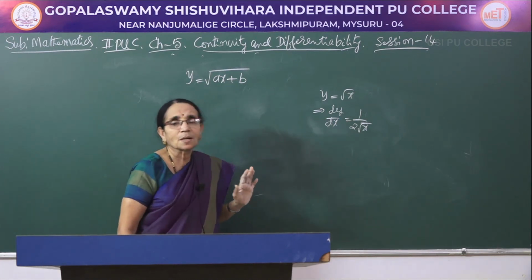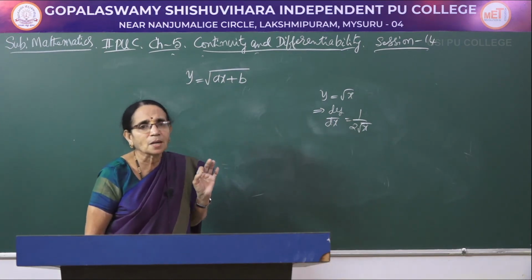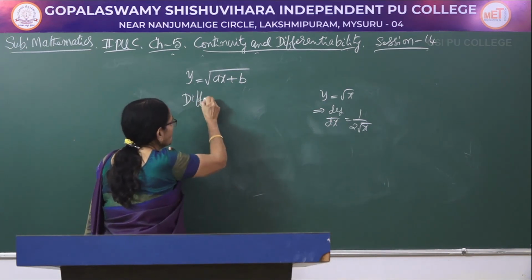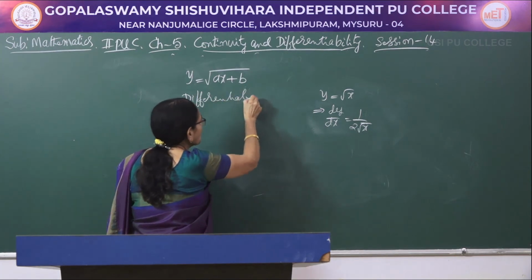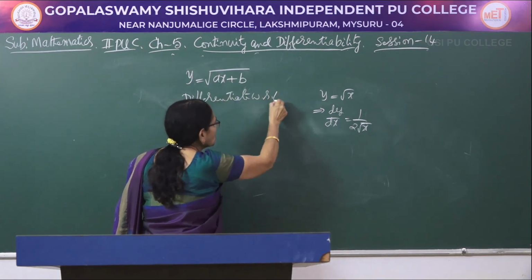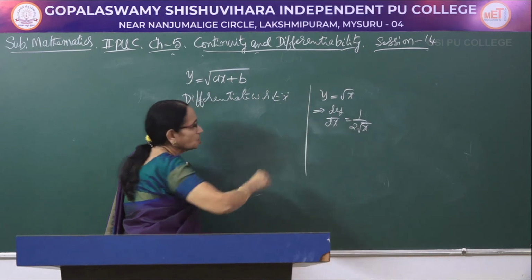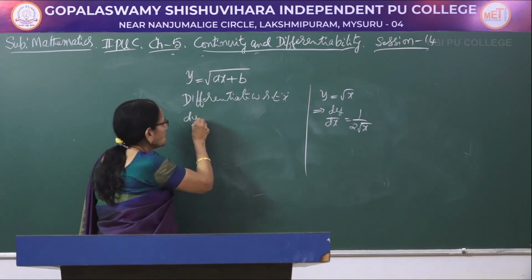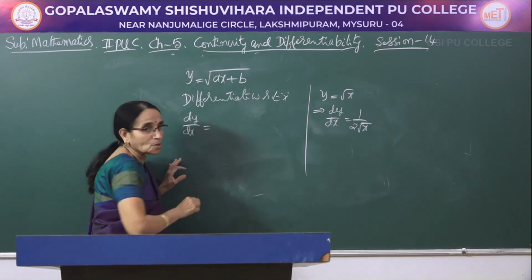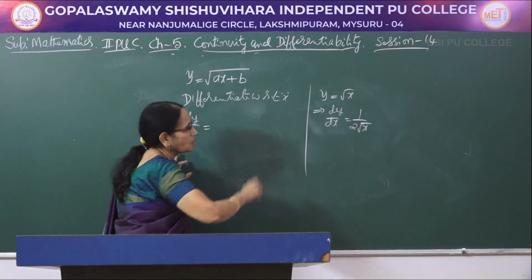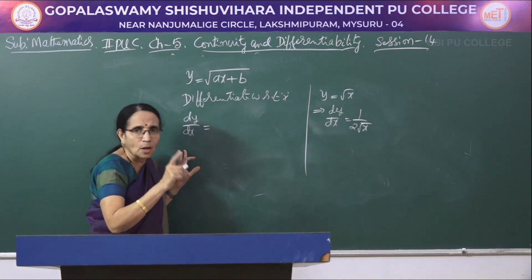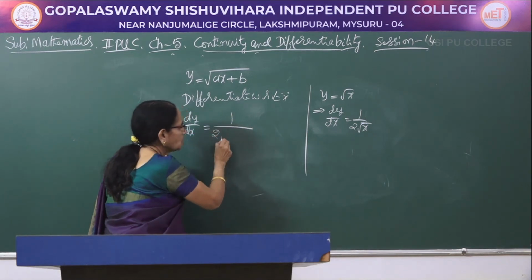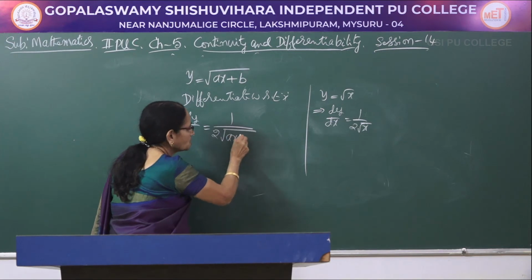But here also it is given under the radical sign, square root of ax plus b. If you apply the rule here, directly we can write the derivative. Differentiate with respect to x. This I am quoting for you so that you could remember which formula we are applying. Therefore, dy by dx, directly I am writing in this problem. See, square root of some number, what's the derivative? 1 by 2 into square root of the same number, 1 by 2 into square root of ax plus b.